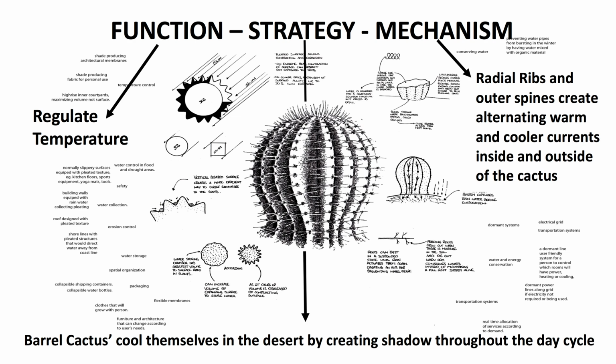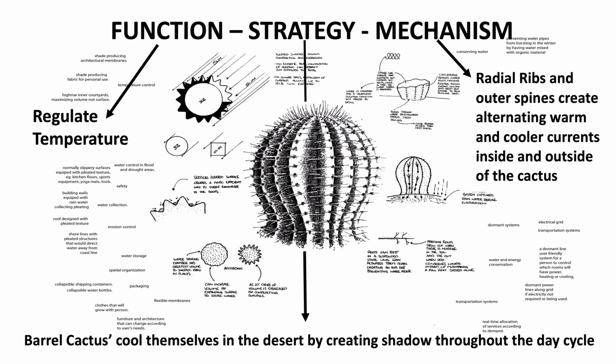This is just one other example, so you can get into the idea of what the function is. You can find that in the biomimicry taxonomy. The function is regulate temperature. Go into the strategy, how the function is being done, and the mechanism is going even deeper into exactly how that strategy works. What pieces, what parts are in place, how are they organized, how big are they, all kinds of small information that you can add to this to know more about how the strategy works,